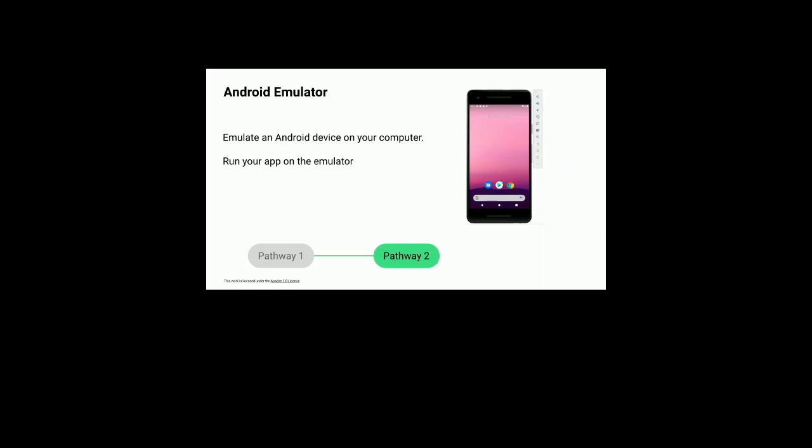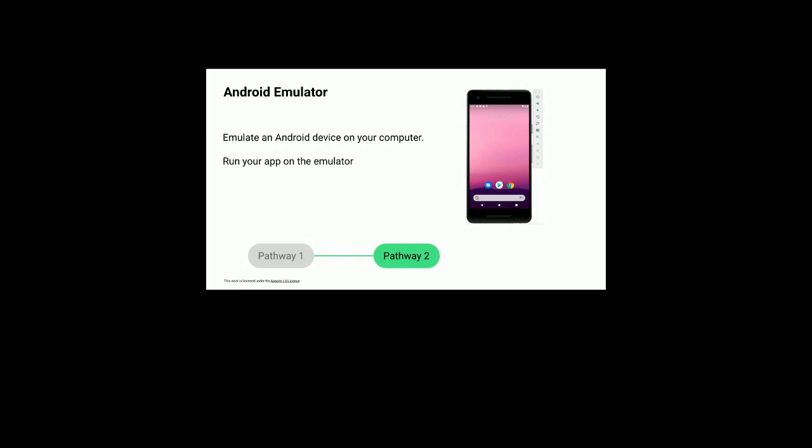Once we have made an app, we have to test it somewhere. We can test it on our physical device, and we can also test it on our Android emulator. The Android emulator emulates your Android device, which means you can use an Android device on your computer itself. The emulator allows you to run your app, and it provides almost all the capabilities that a real Android device would have. If you have a physical device and want to use it, you can, but the Android emulator is also a great option.